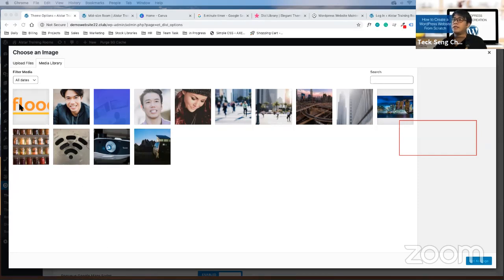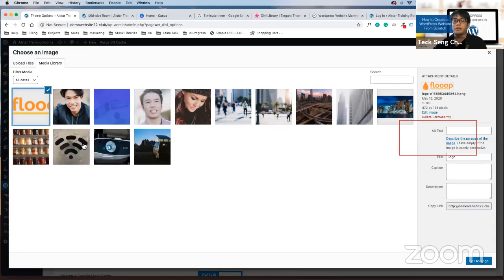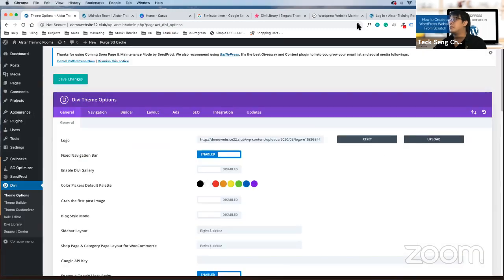Okay, and select the logo. Then click on set as logo, on the right hand side. Okay, so the logo is in already.